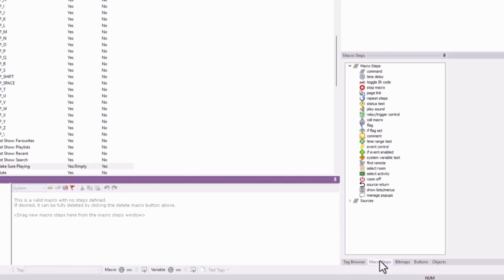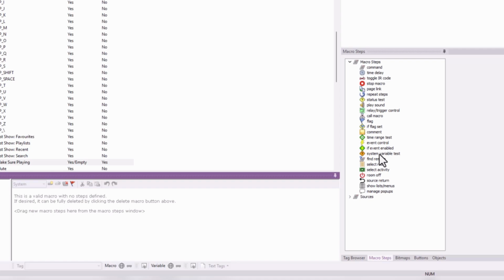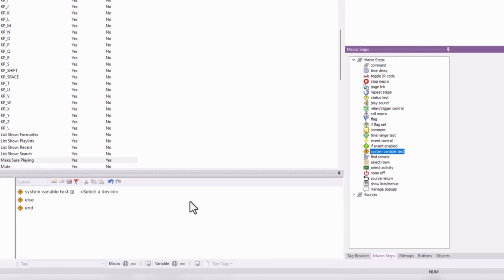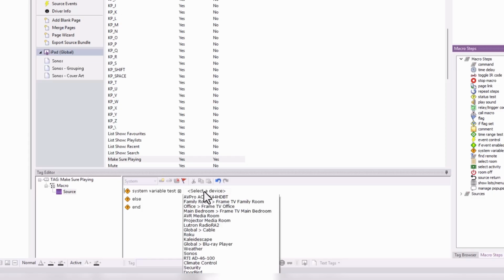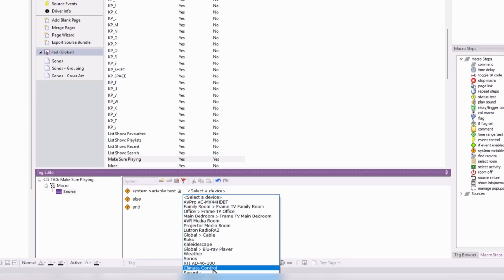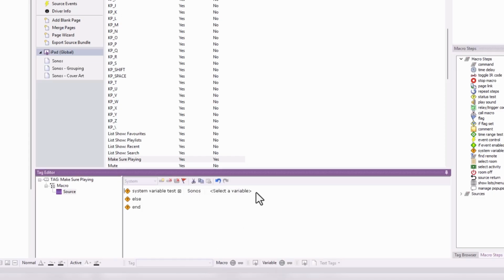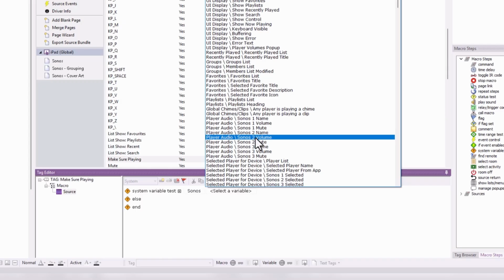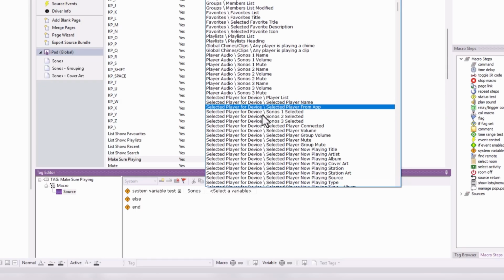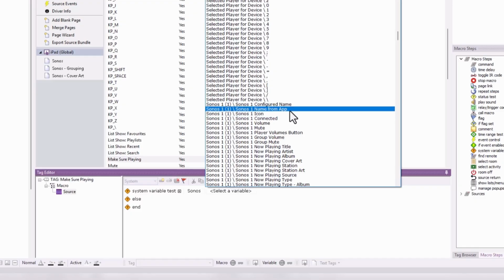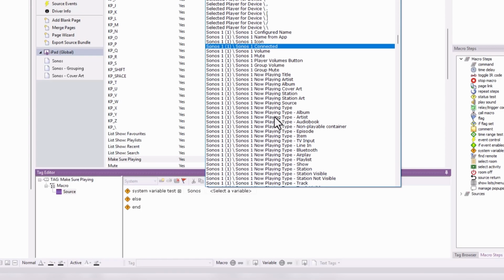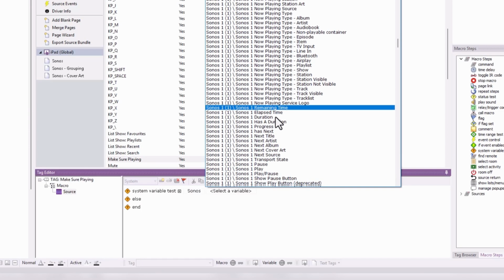And what's the source macro going to do? Well, it's going to do a system variable test. It's going to basically check the variable that's coming in from the Sonos, and it's going to check that play status from the Sonos. So it's going to ask the Sonos, so let me go find this, Sonos 1. It's going to say if Sonos 1